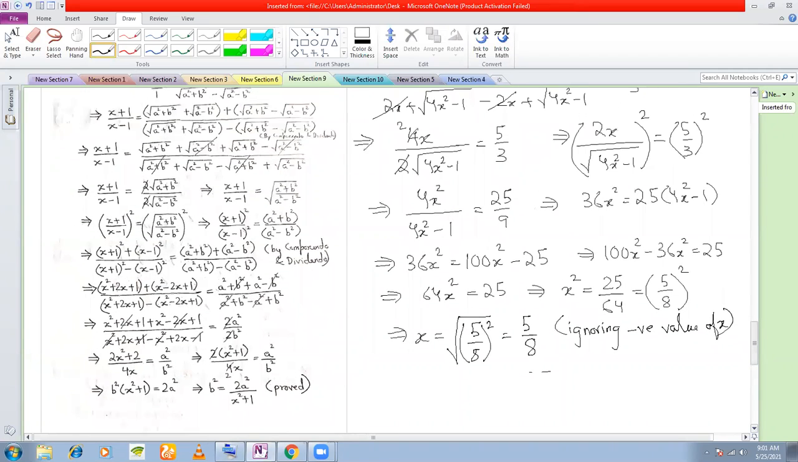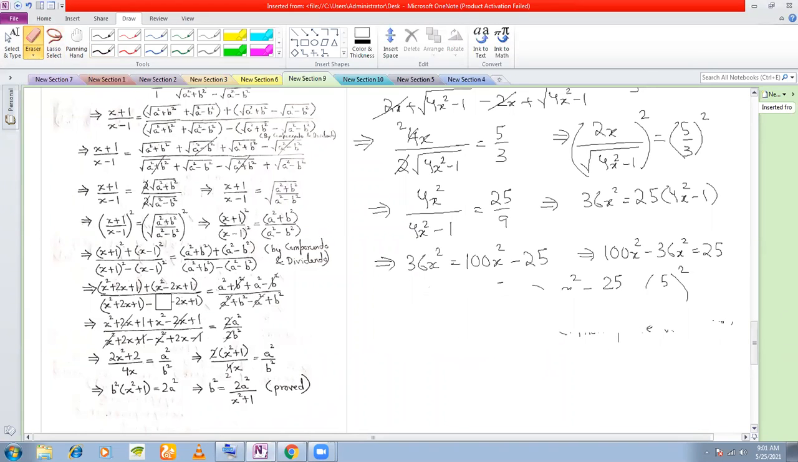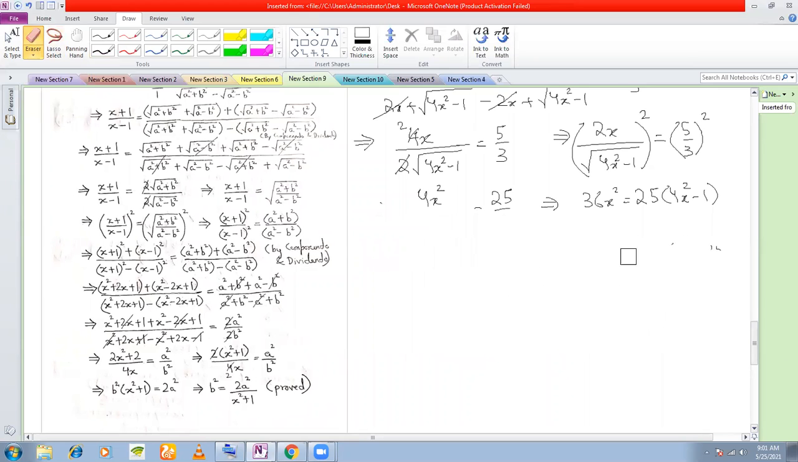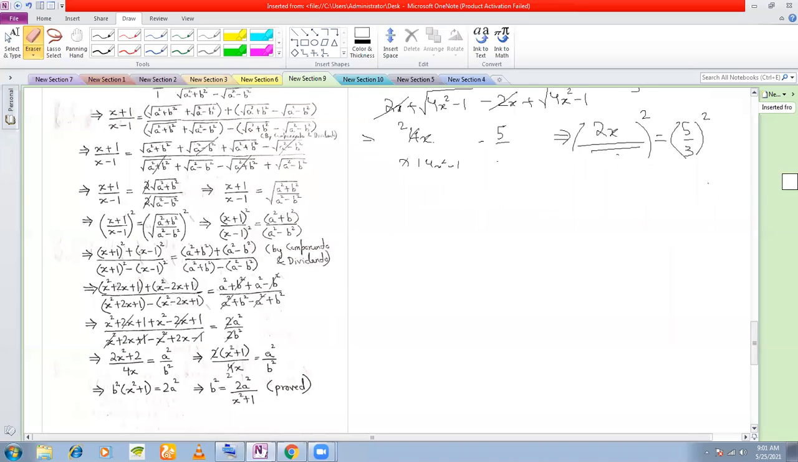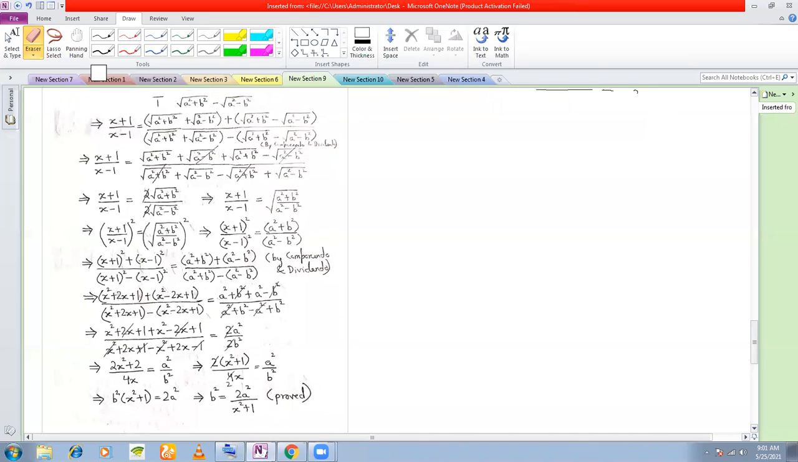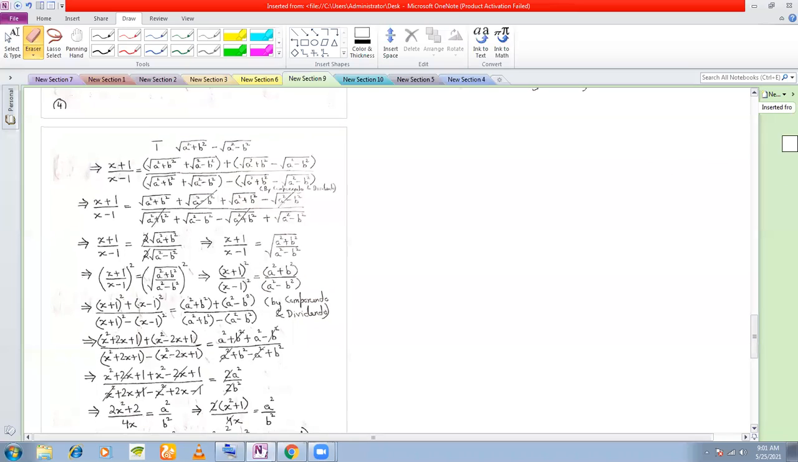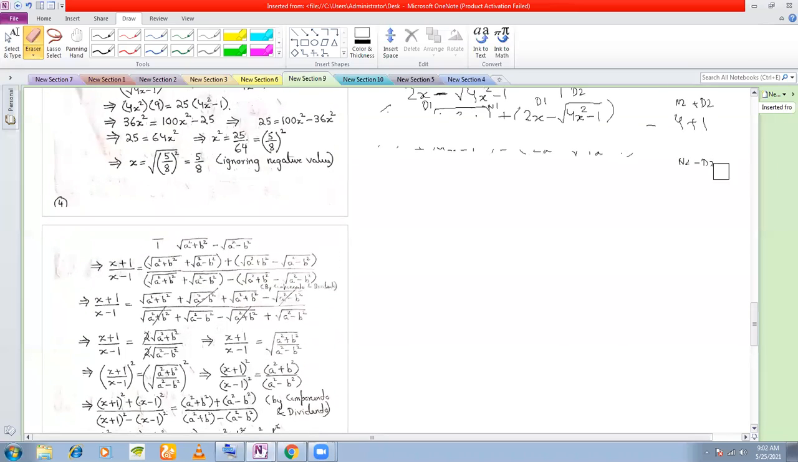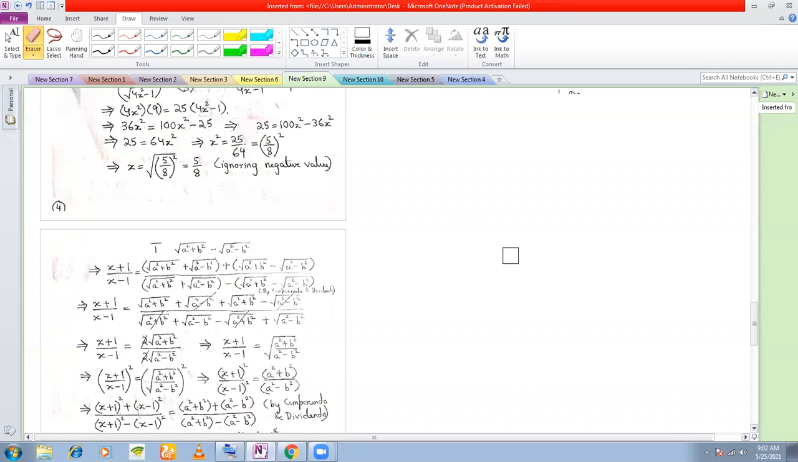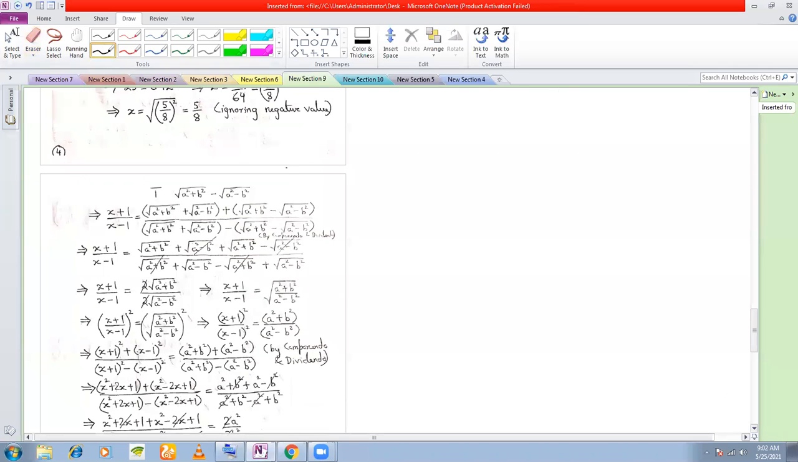Okay, we now move on to the next problem here. This problem here is number 17 in my textbook. You can just check. Question here is given that